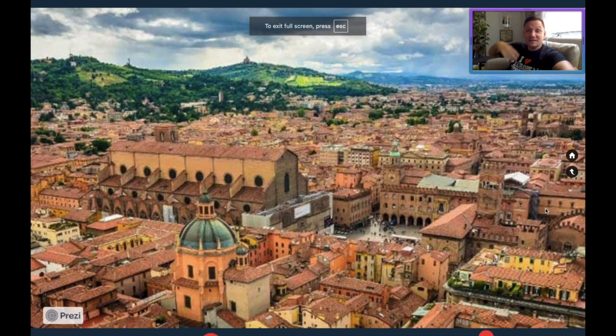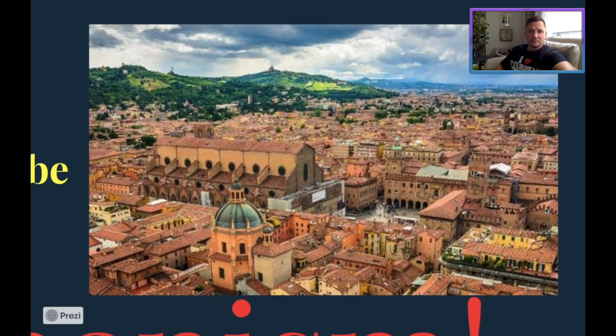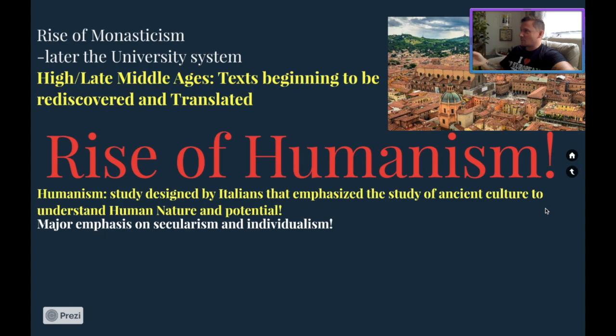But the big thing about it is, what humanists are going to do is they're going to look at this entire cityscape and be like, why is it all the same color? Where did the colors come from? Where does light come from? Where does that come from? Why are the hills green? What makes grass green? And they're going to start asking a lot of questions that focus on the world around them,